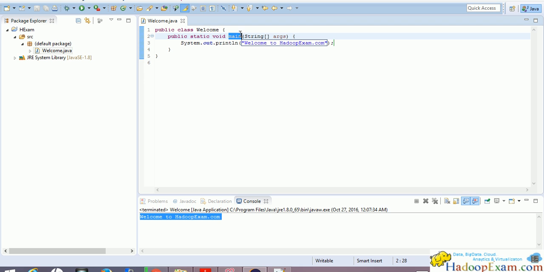So this is the main method, very important for a Java application. This is the Welcome class, and whenever you create a class, remember the class name and the file name should be the same. Here, if I change Welcome to a different name and save it,